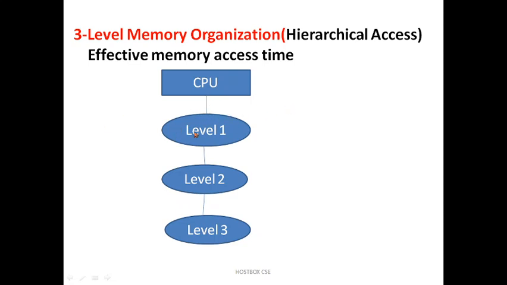For example, how am I searching level 1? If it is not there, the hit is not successful, which means what? That is a miss penalty. So it goes to the next one. If it is not there, again the second hit also fails, it goes to level 3 and so on. So it keeps on trying and searches the information one by one. Whenever the operation is completed, the search is completed, and the process stops.